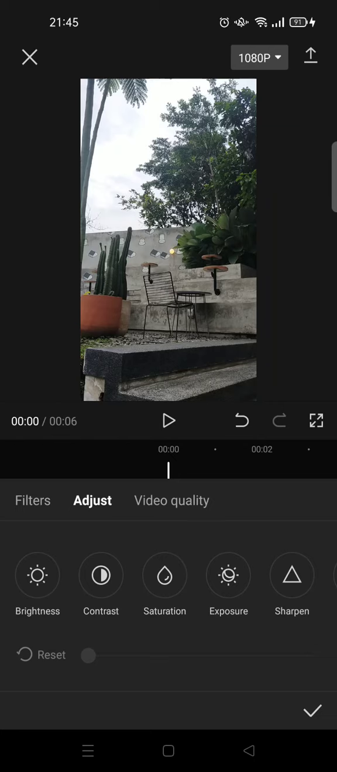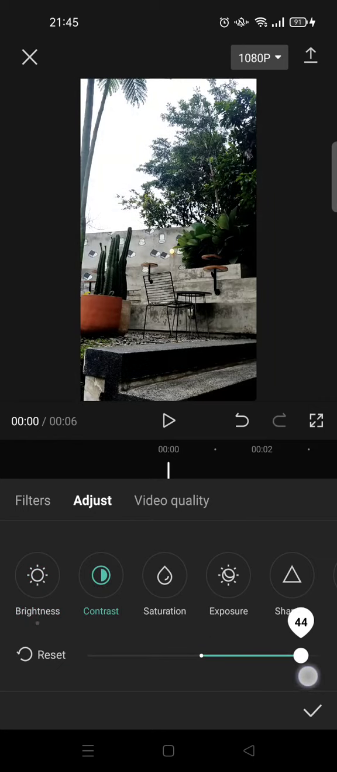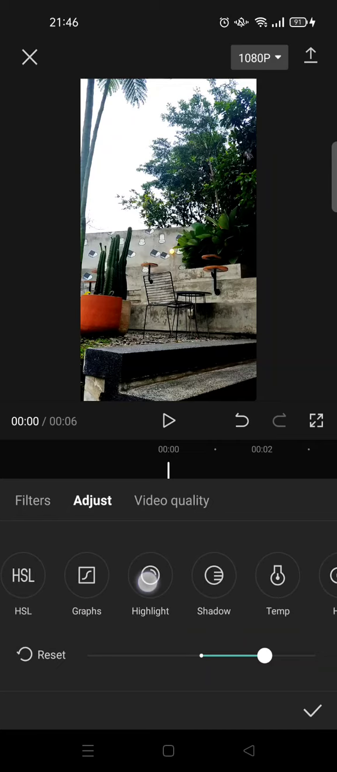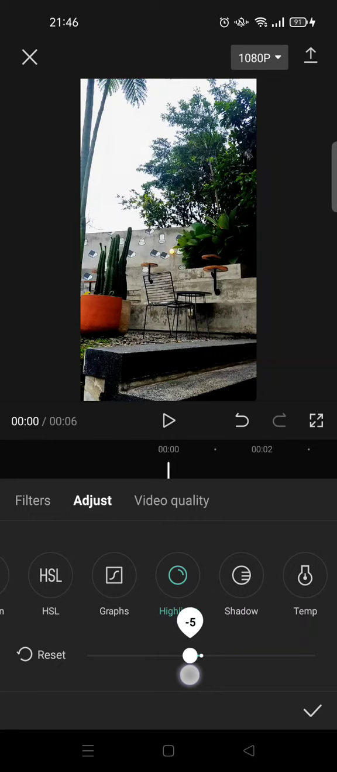And here you can use this setting. So set the brightness to 3 and then the contrast to 49. Okay, and then the saturation to 28 and set the highlight to -5 and the shadow to -7,